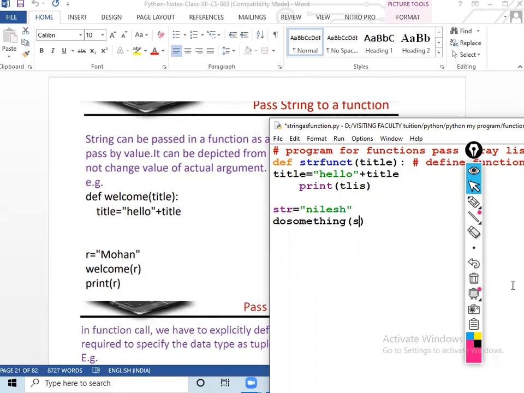Str will print. Here str will be copied, hello str will print it. I'll run this program.